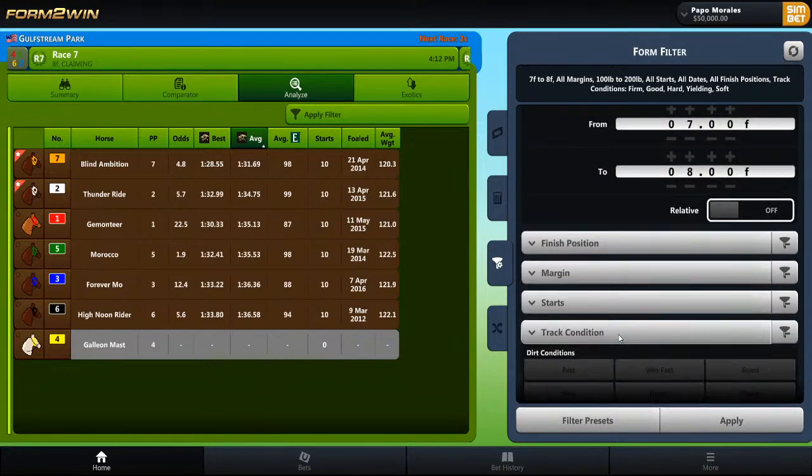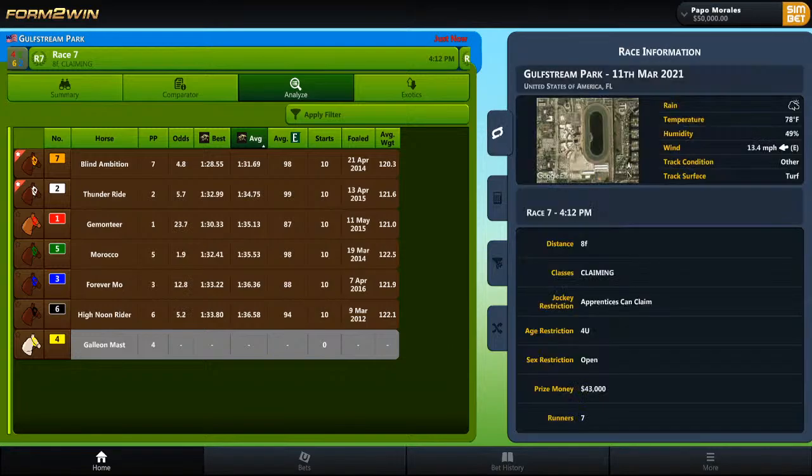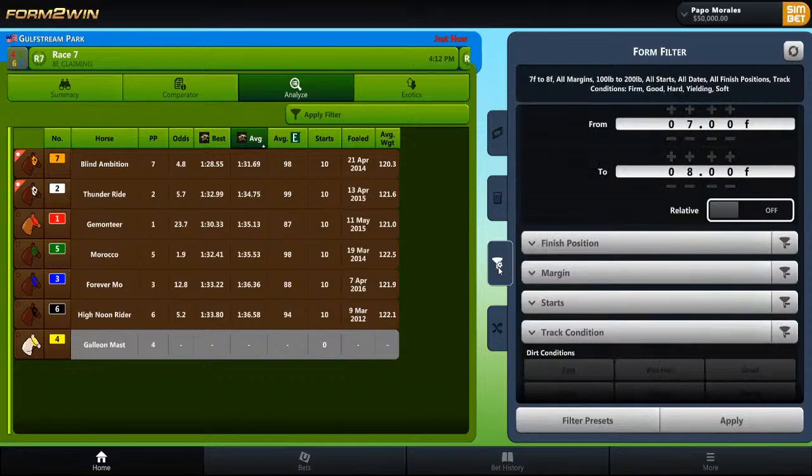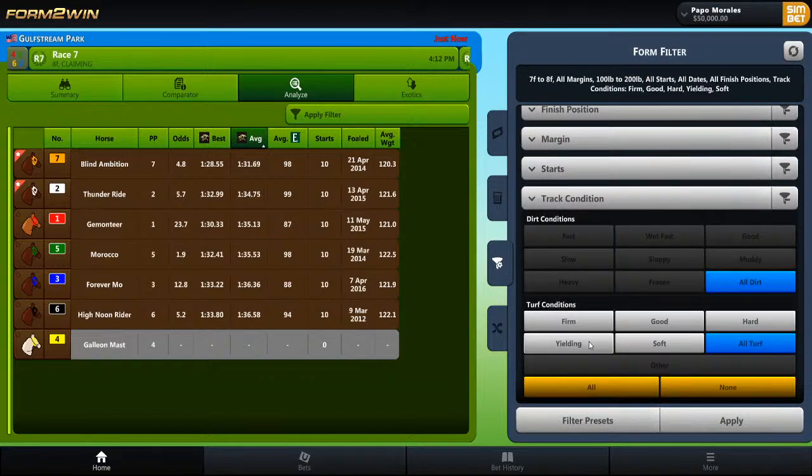And then track condition, I probably should have looked at the current weather conditions. Looks like it's 78 degrees. Looks like there is rain in the forecast, and I have not checked Equibase or Twitter to see if it's raining. I'm going to assume that it's not yet at Gulfstream Park, but if it was, and you knew the turf condition was good, soft, hard,